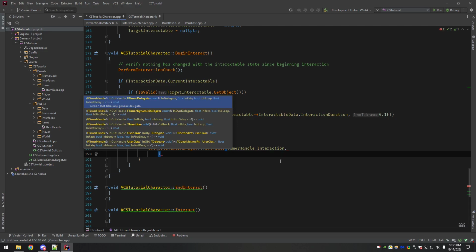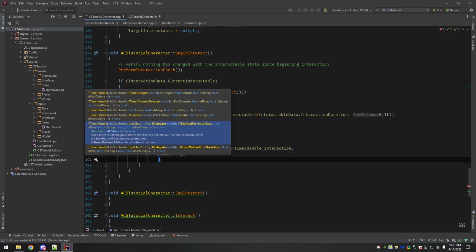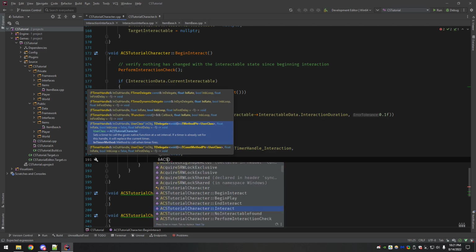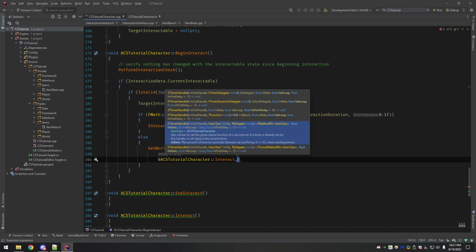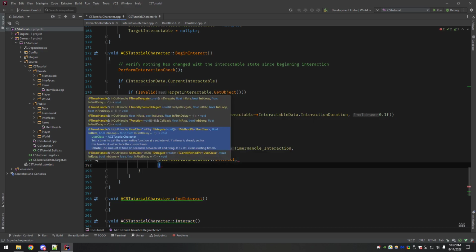So now we need the class. The class is just this because it's the player. Now we need the function: CS tutorial character interact. This is the function that's going to be called when the timer expires.